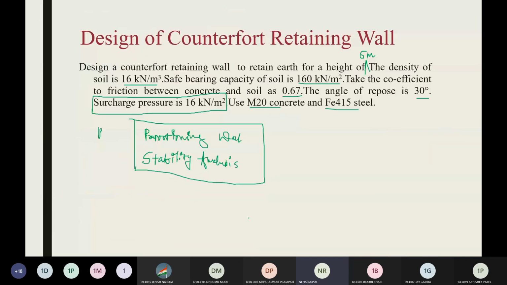Right. Again, more than 3 meter spacing is not applicable for a good design, because if the length is more, again the deflection will be more. So it is a good design if you provide the counterfort members at not more than 3 meter distance. 3 meter or less than 3 meter is applicable for a good design, but more than 3 will lead to more deflection. So this way, these two things you need to do before starting with the design of the counterfort retaining wall.